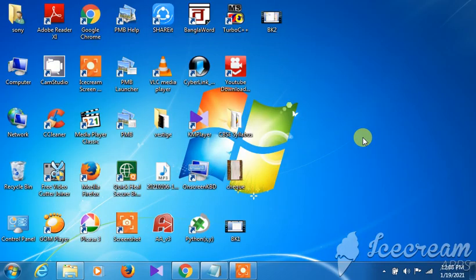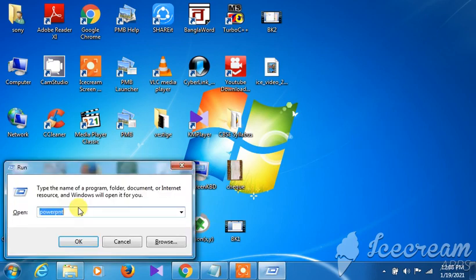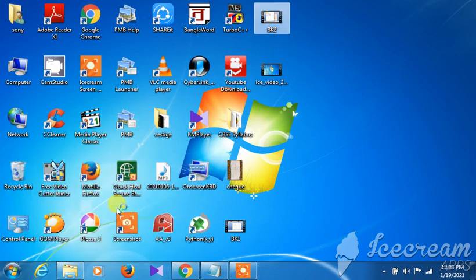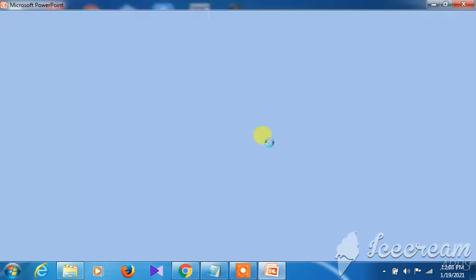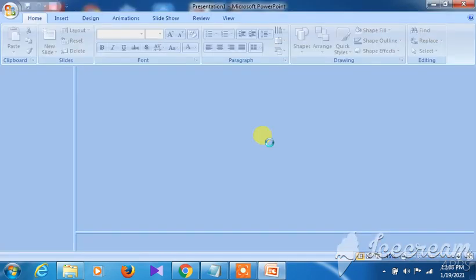So once again, some more activity on PowerPoint. I am just demonstrating. You just see nicely and try to implement it after watching this particular set of steps. Fine. In a similar way, I had opened the PowerPoint. This is Microsoft Office PowerPoint 2007. Even if you have a higher version, there will be no problem.